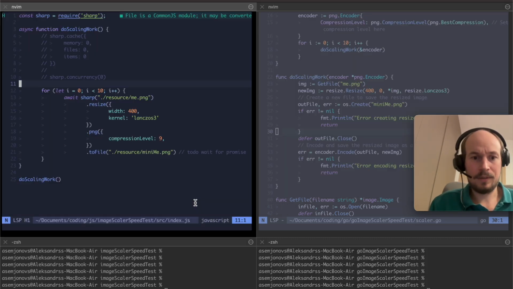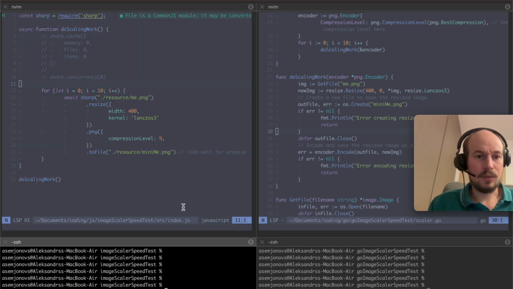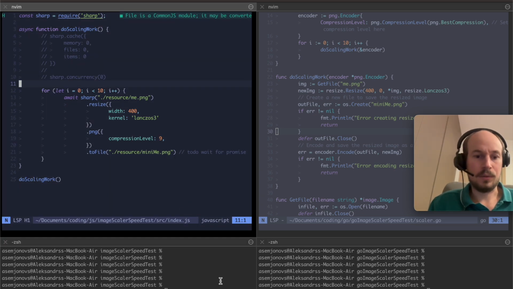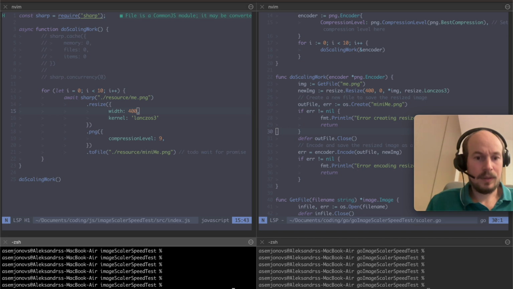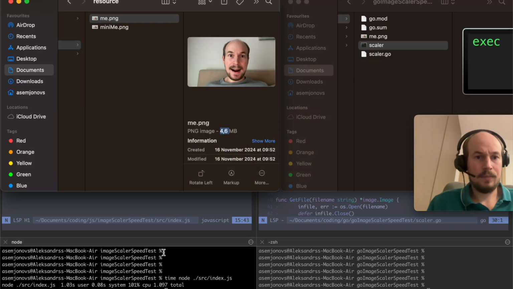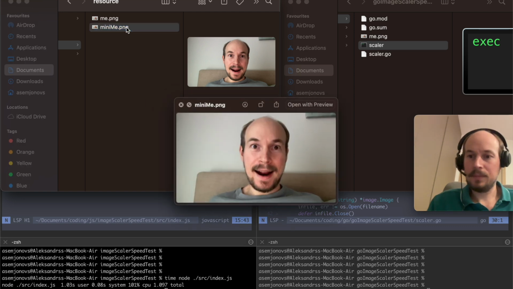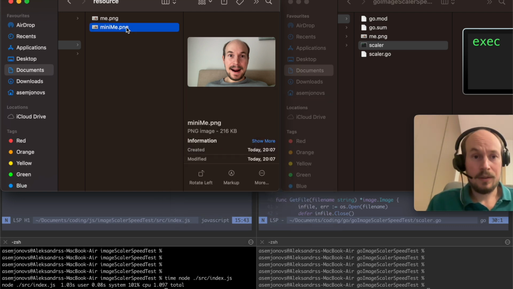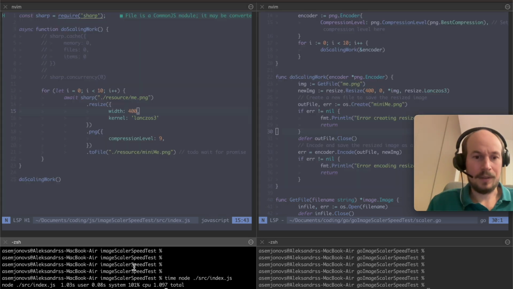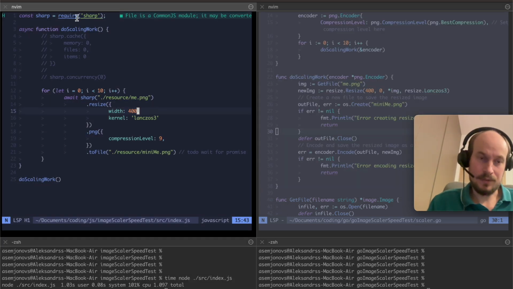I want to optimize it, and let's say you come up with a script to automate image compression down to 400 pixels. You run it, and after only 1 second something, it creates a mini version of that file, and it's better and faster to load for your website. Now in this case it was JavaScript using a cool library, Sharp,